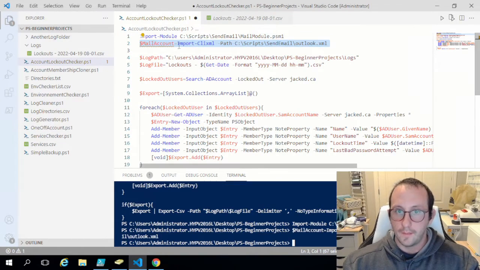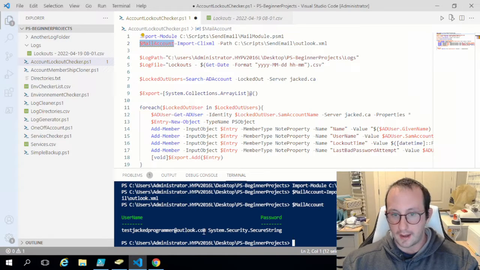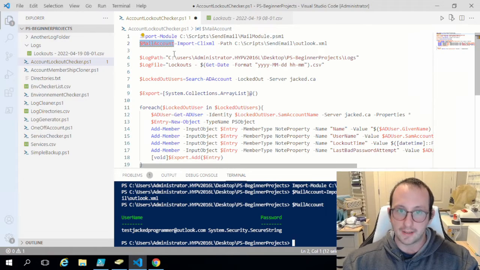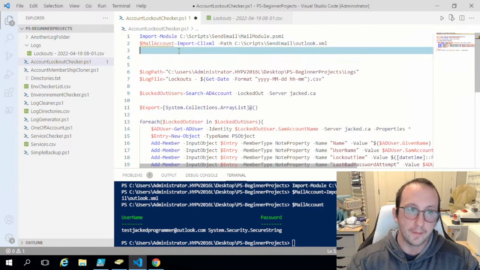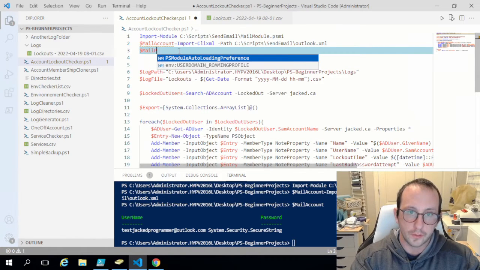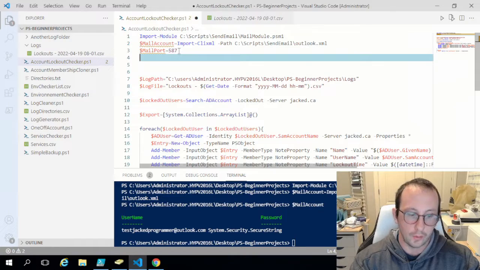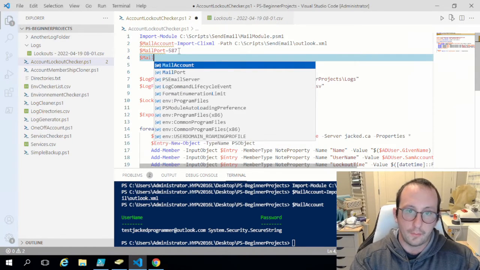So if we run that here and we just look at the mail account, we're going to see that we have my username, test JackedProgrammer at outlook.com, and the password is in a secure string, and we're going to be passing that to our commandlet. So then what we're going to do is our mail port, which for us is going to be 587 for Outlook, and then our mail